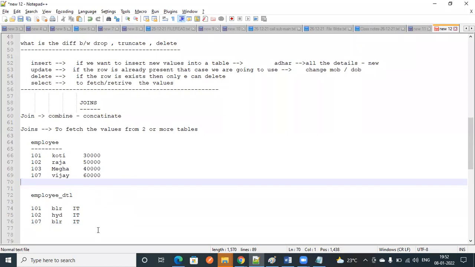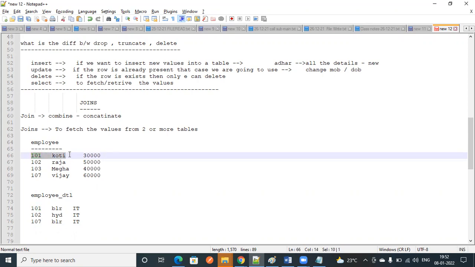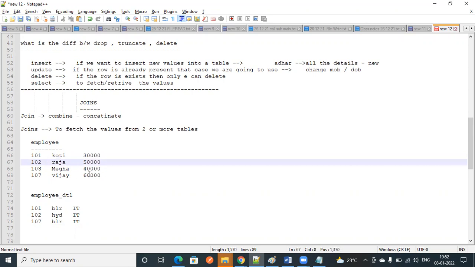I know the employee ID, so I want to fetch the address details of employee ID 101. In this case, we are going to use joins.